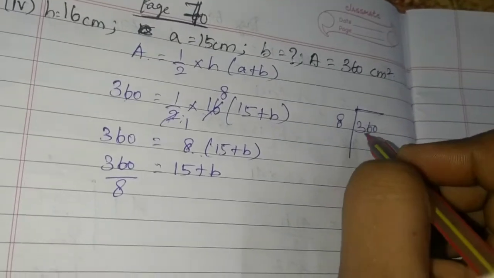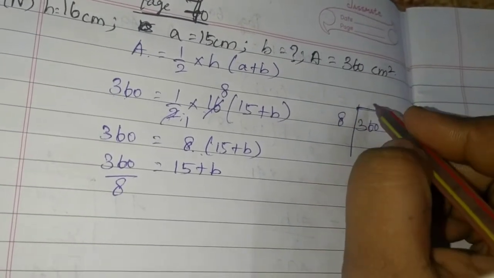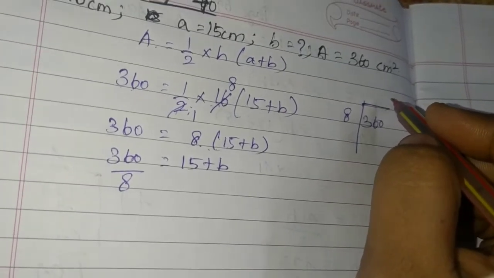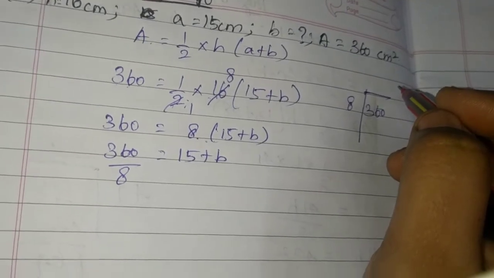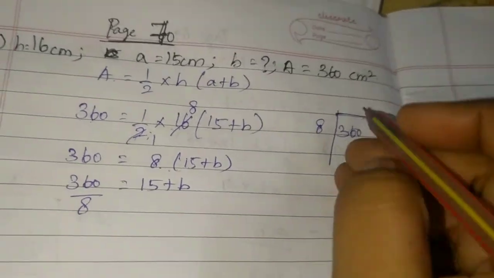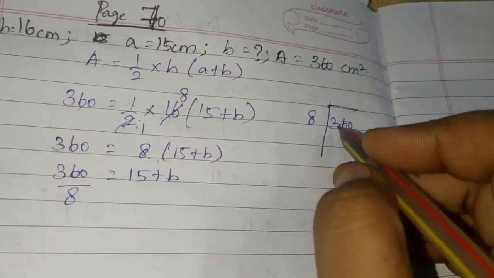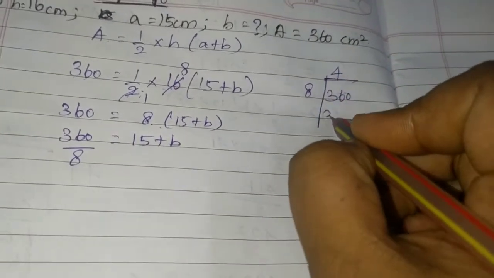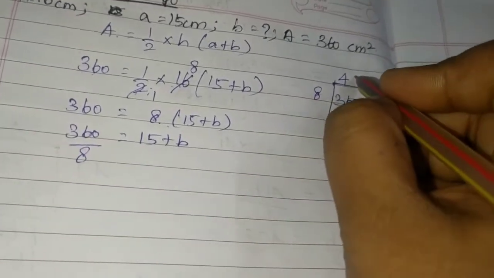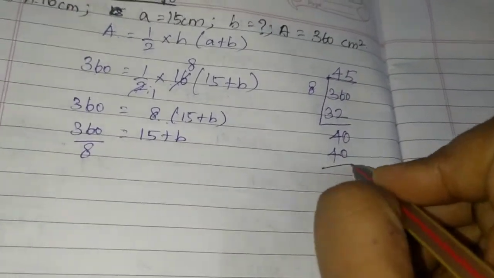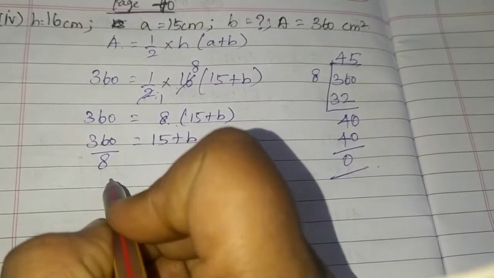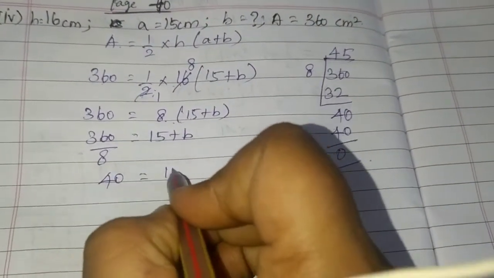Okay, do the division here. 368. Okay, how many times will 36 come? 8 4s are 32 only we will get. How many times will 36 come? Open your mouth and say. Now 8 into 36 is there, so 8 4s are 32. Okay, remainder 4 we will get. This 0 I will take it here, so 8 5s are what will I get? 8 5s are 40, so I will get the remainder 0 now. So this side if I divide I will get the number 45, equal to 15 plus